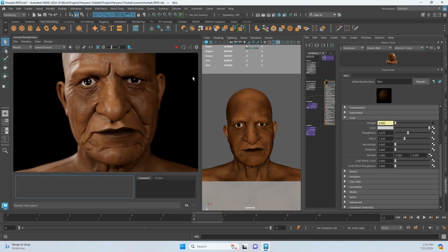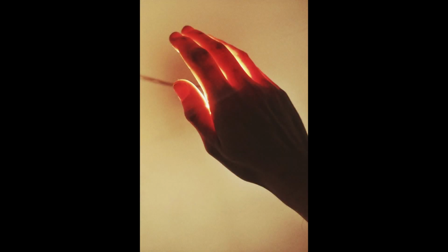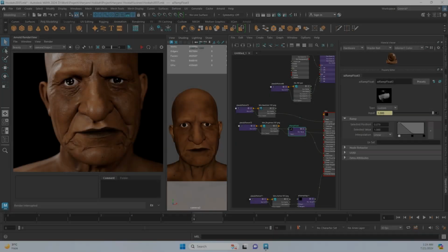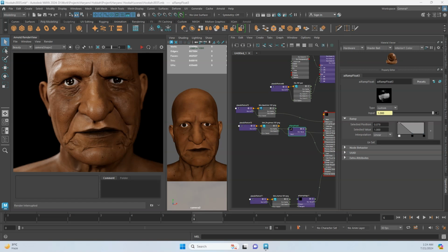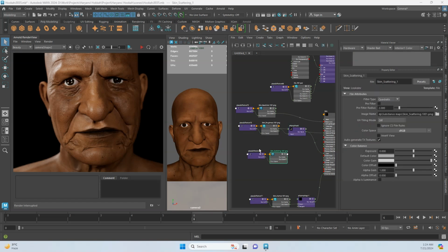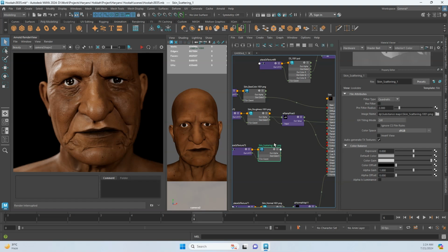So let's just move to our next property, that is subsurface scattering, or we call SSS. So what is this SSS? It really means how much light we allow to pass through the mesh. So let's start by importing a subsurface scattering map, the alpha map, tile number 1, and dragging and dropping it